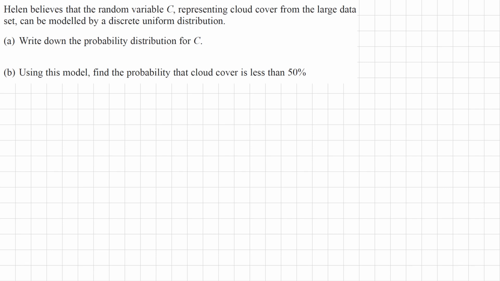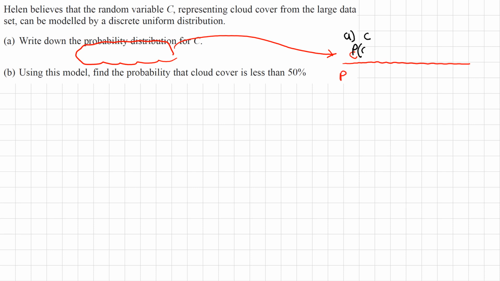Now, a probability distribution is basically a table of probabilities where the top row is going to be the outcomes, which is going to be C, and the bottom row is going to be the probability of each of those outcomes happening. Now, before we can do that, we need to understand how we represent the cloud cover from the